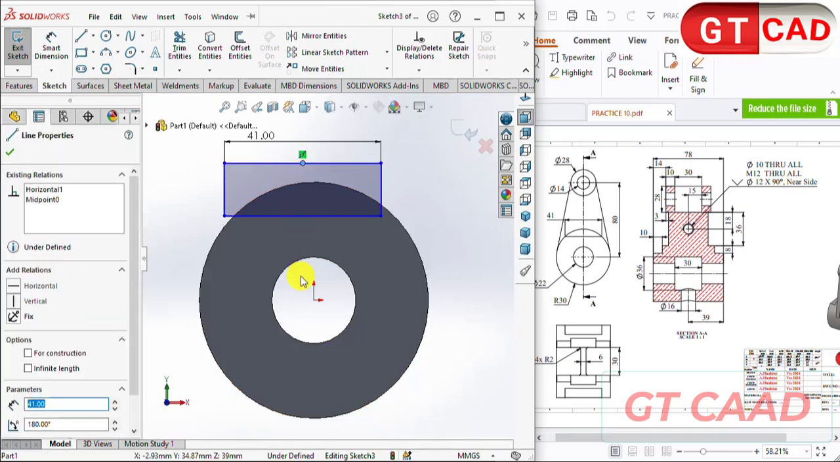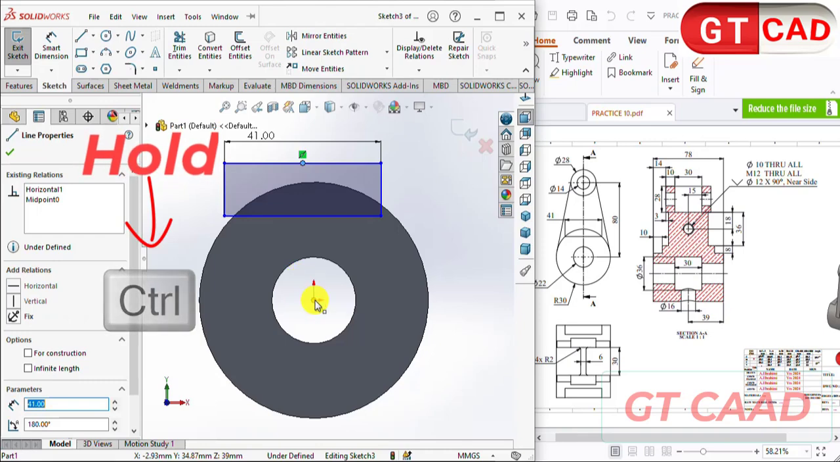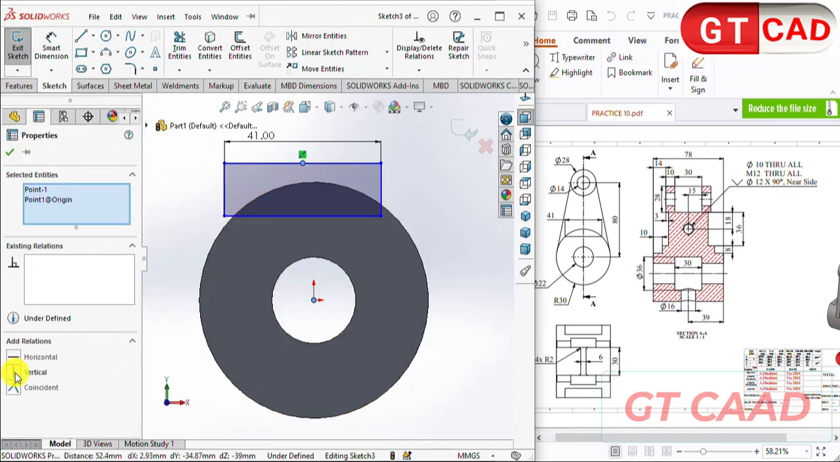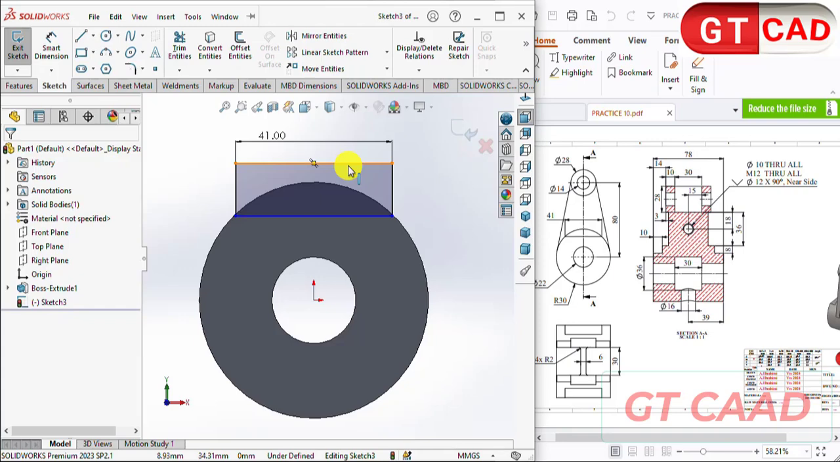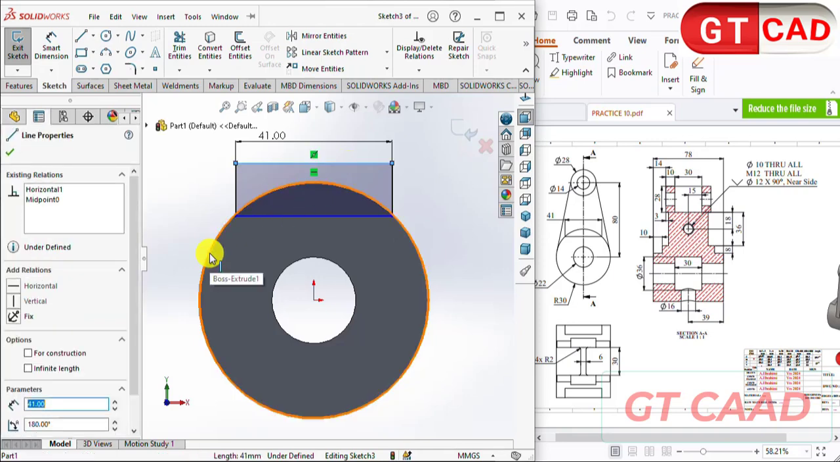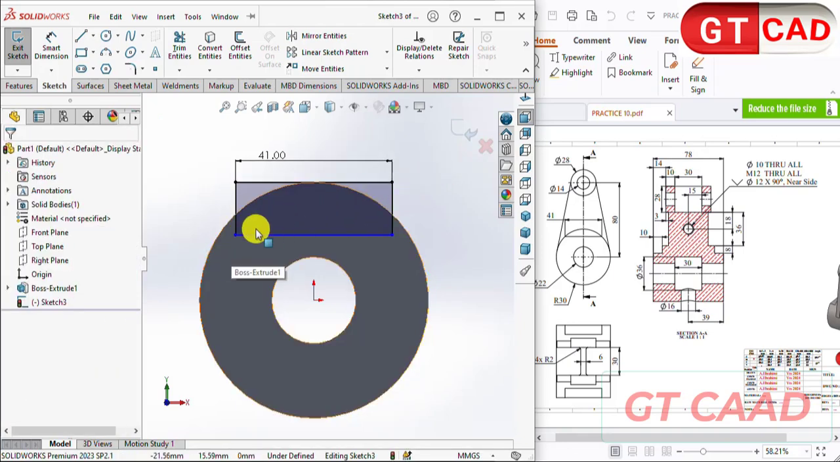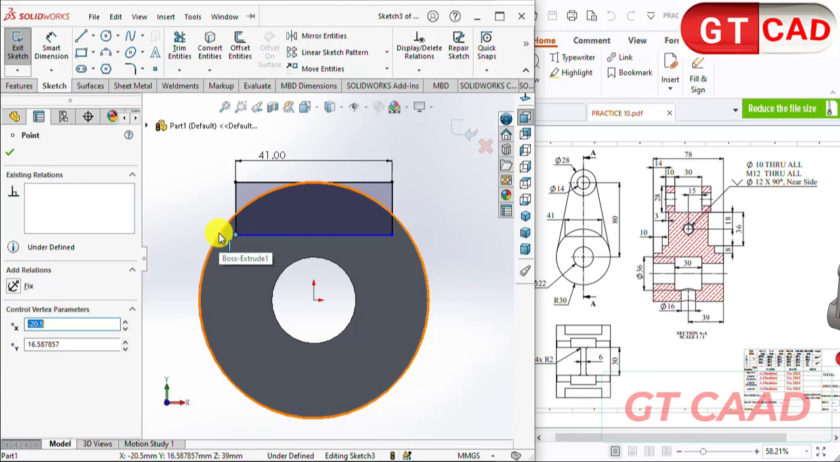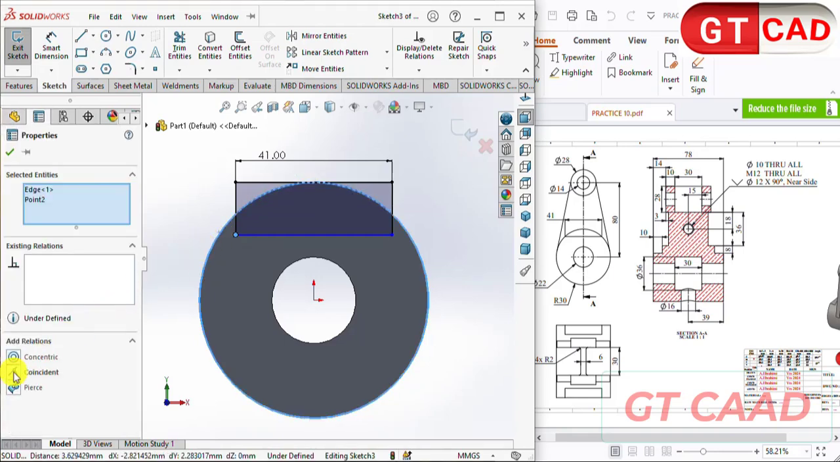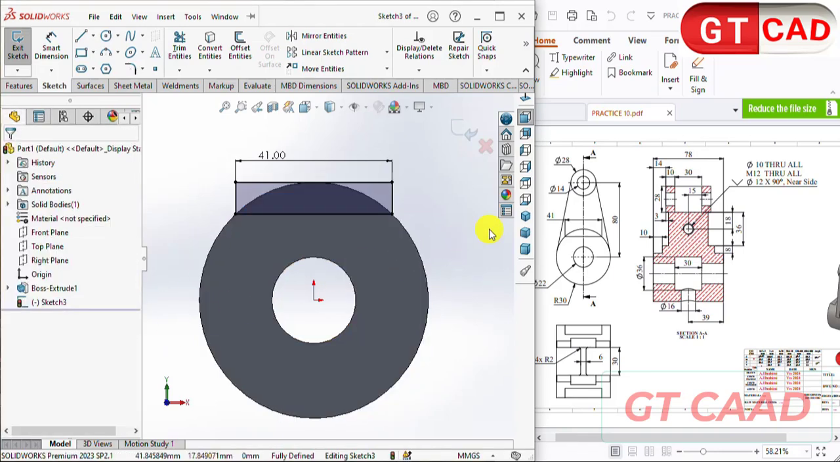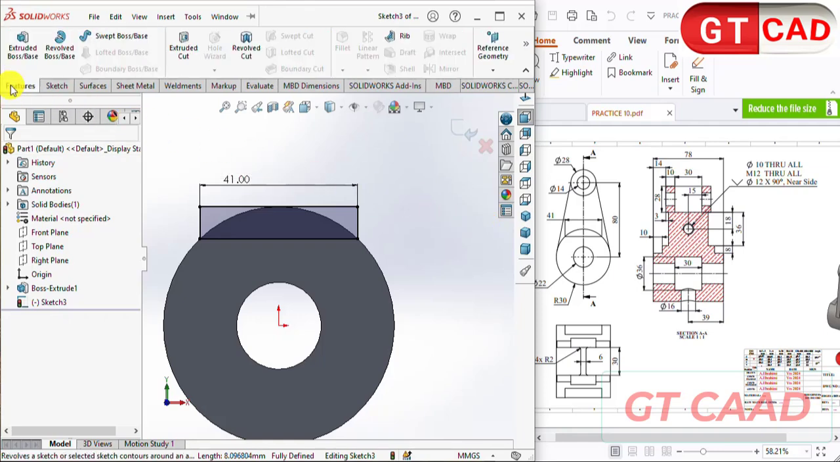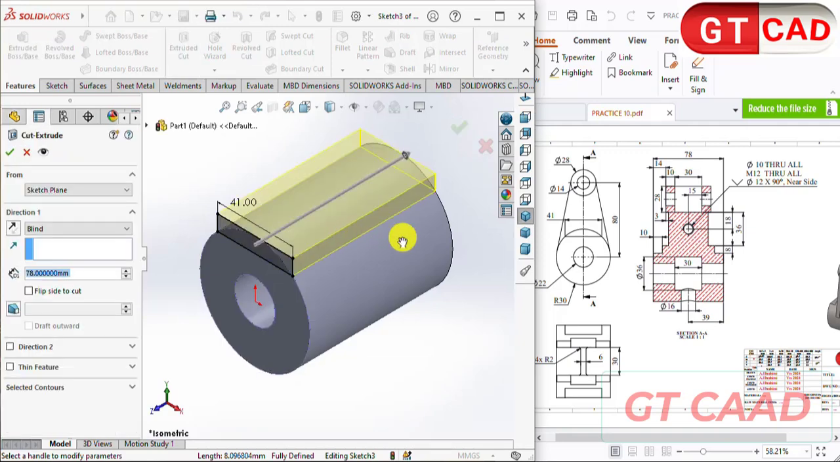Select it, press and hold the Ctrl key and select the origin. They should all be in a vertical relation. Okay, select this line and the outside circle, and it should be tangent. And select this point and also the outside circle, it should be coincident. Okay, go to the feature, select the extrude cut, and here the length is 10 millimeters. Okay,